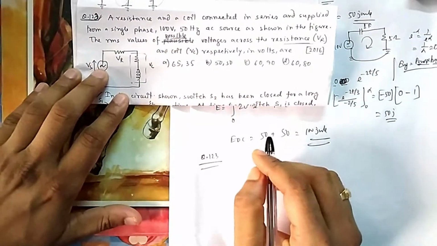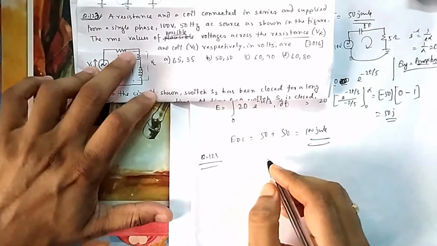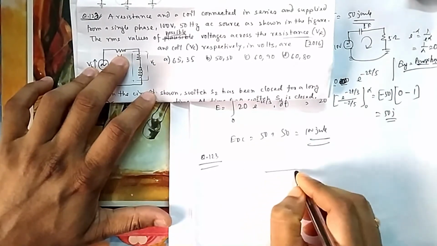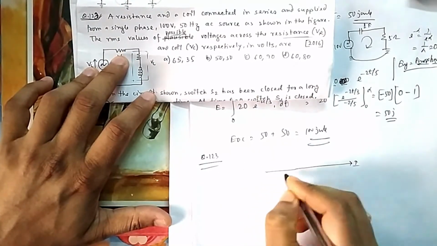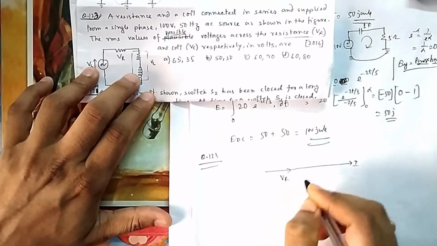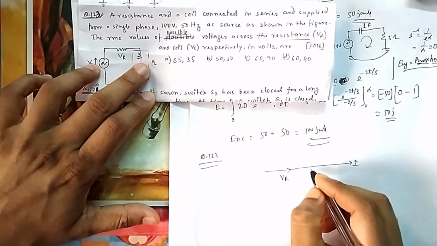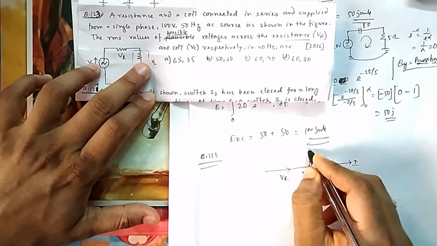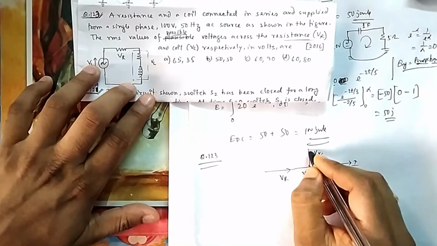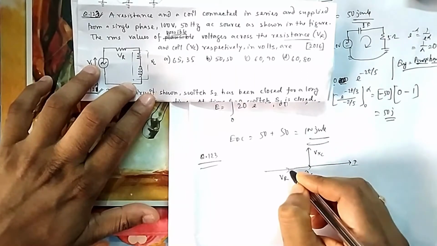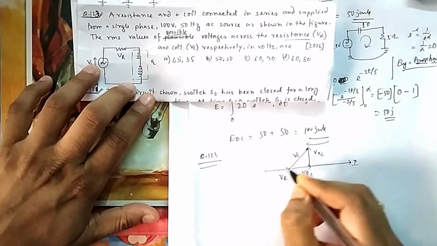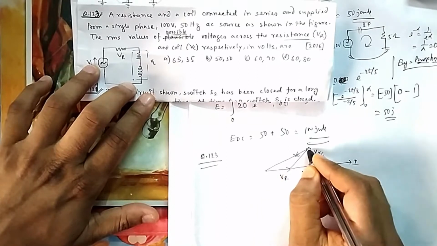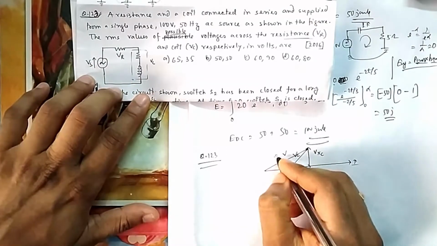So this is 100. Now again, if you draw the phasor diagram, we have already drawn a phasor diagram of this one. Suppose this is VR, and suppose this is the coil, so I am writing VRC. Then the reactance will be added, VXC, that is IX. Now this is VC, and if you add this with VR, this is your final V, which is given as 100.